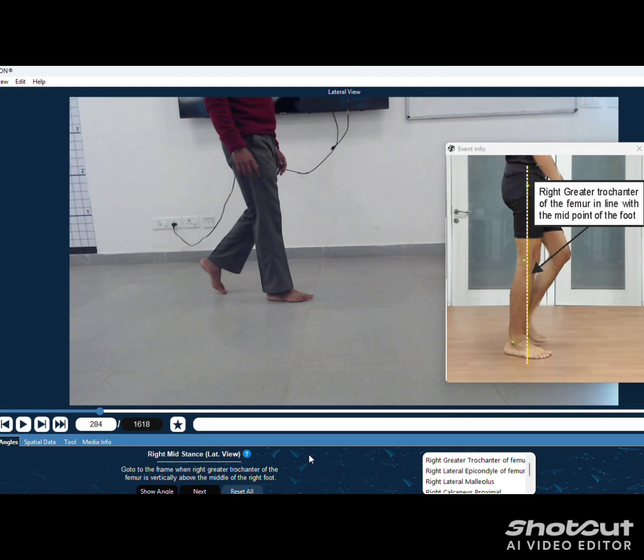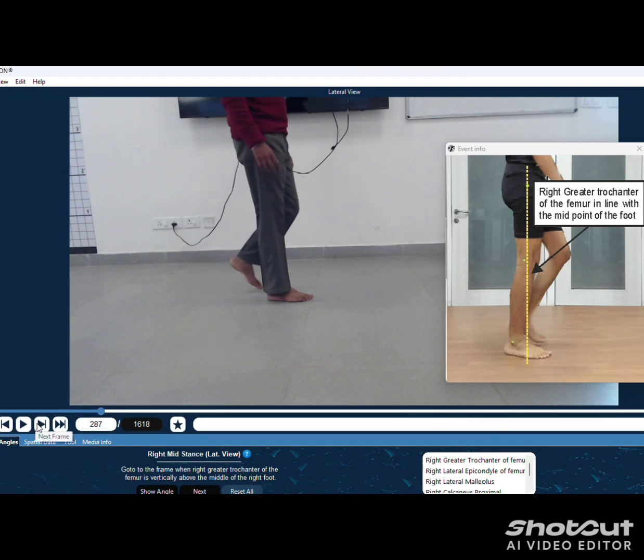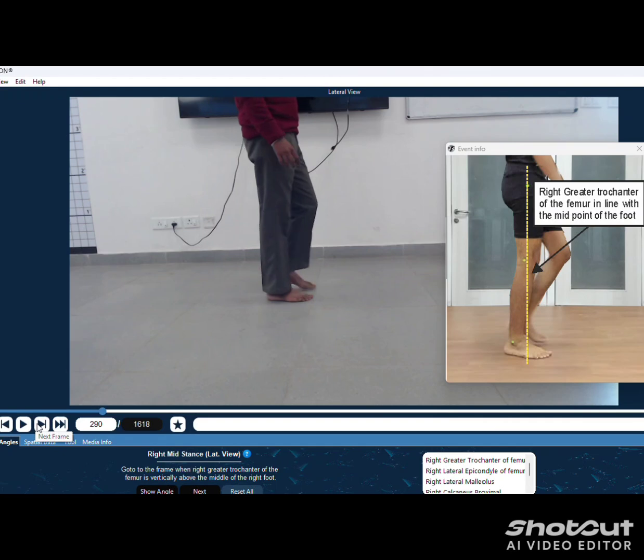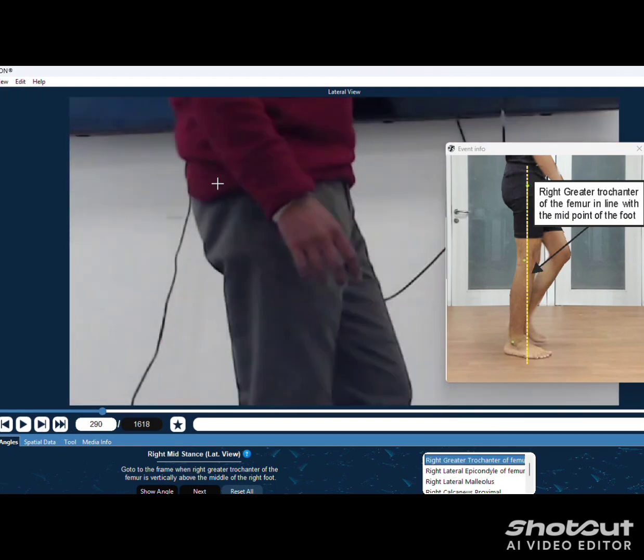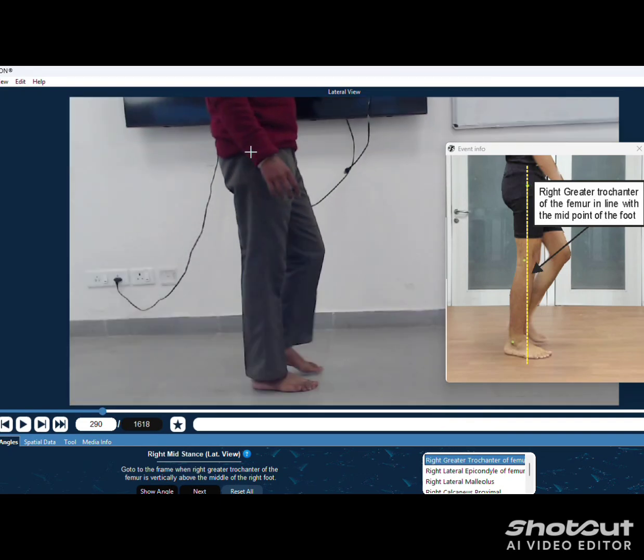Now your sample image has been changed again, and we need to move our gait to match the shown image.